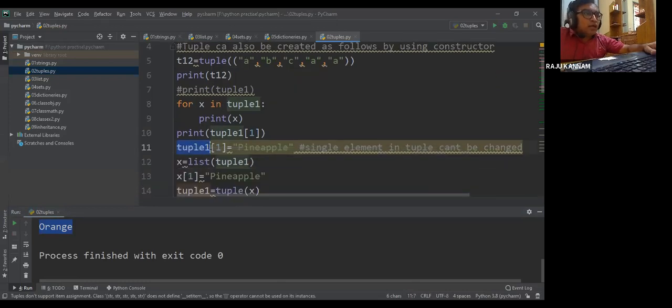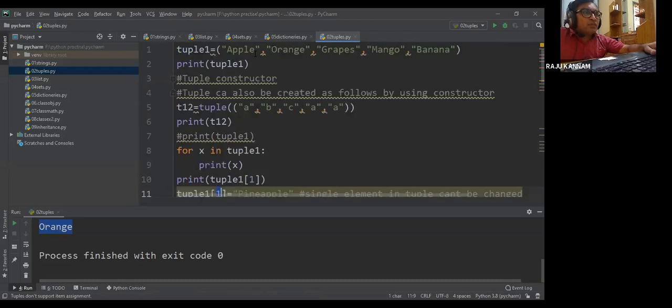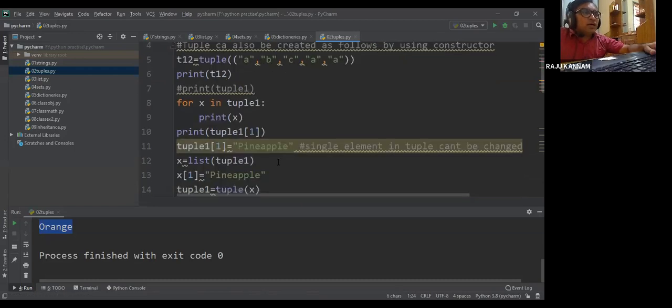This is index 0, this is index 1. At index number 1, I am having orange, and I want to change it to pineapple. I don't want orange. So the value at index 1, I want to change to pineapple. Now if I try to execute this,